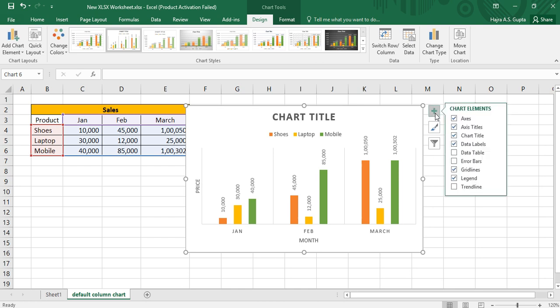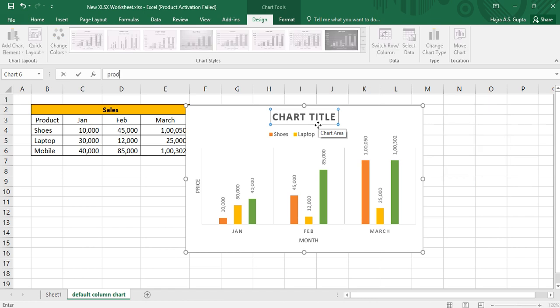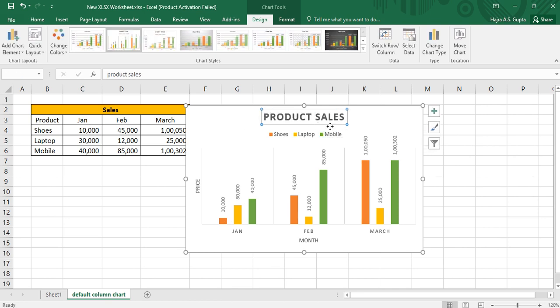Let's check out some other elements here. So now we have a chart title element. I don't have any chart title here. Let's give a title. So giving the title is the same way as you give the axis titles. Just click on the box once and start typing from the keyboard. So let's say I'll write this down as product sales. And I'll press enter. So you can either press enter to apply the text, or you can click somewhere outside and you see that I have got this beautiful chart. I have customized it with my colors, with the labels, etc.